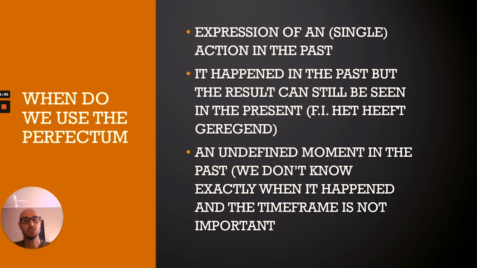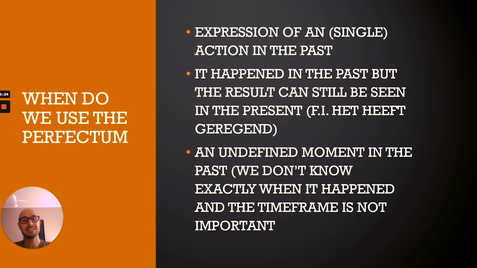So when do we use the perfectum when we speak about the past? Well, first of all, an expression of a single action in the past. So, ik ben naar huis gelopen. Ik heb een taart gebakken. All of these are single actions in the past. If it becomes a habit, if you do it all the time, then you will use the simple past. But if it's a single action and it happened in the past, then the perfectum is the tense of your